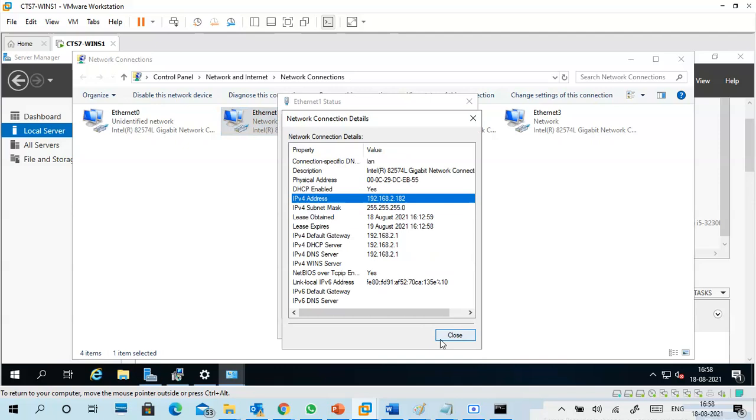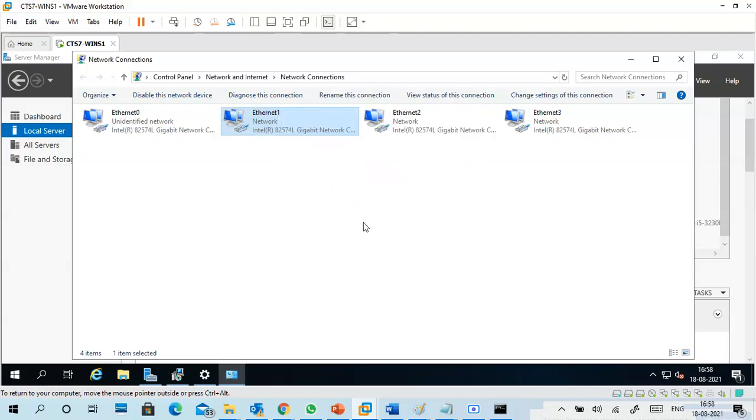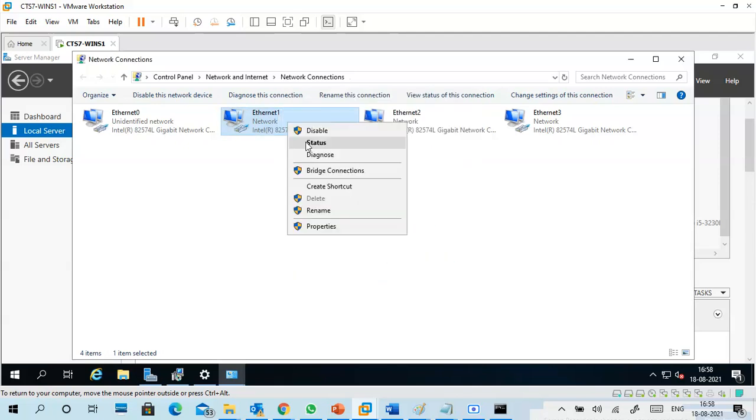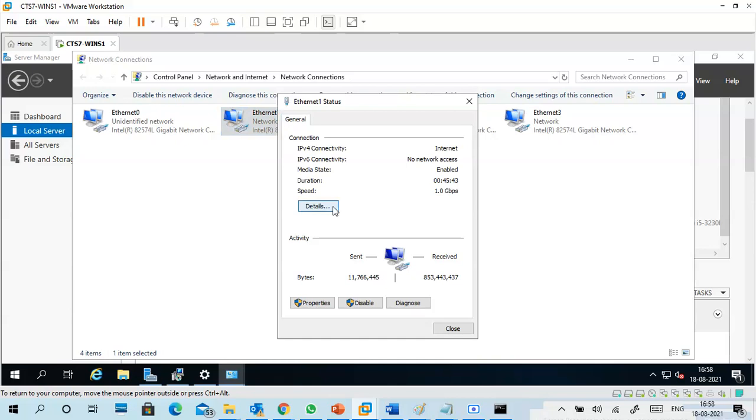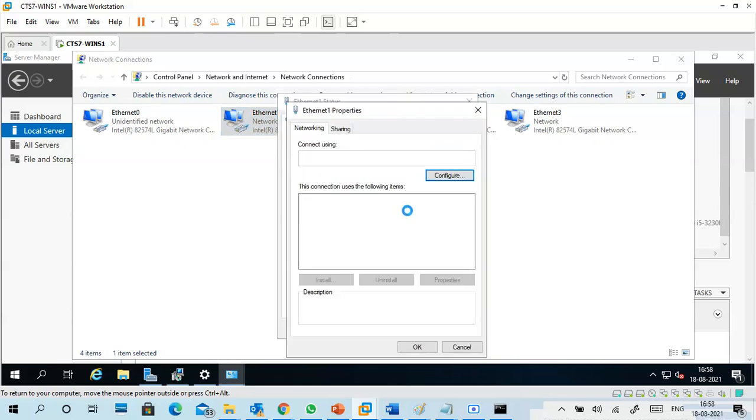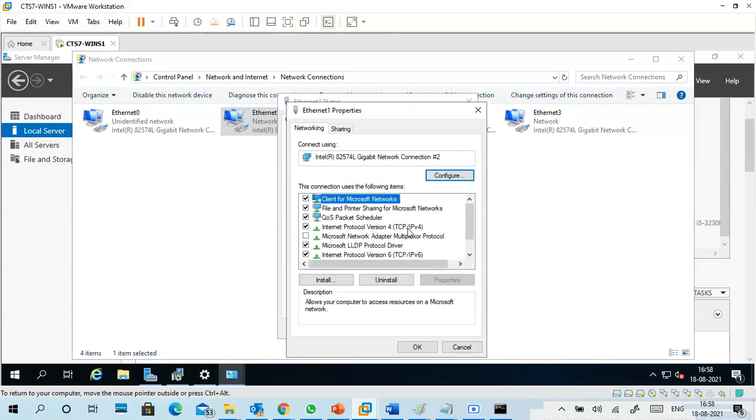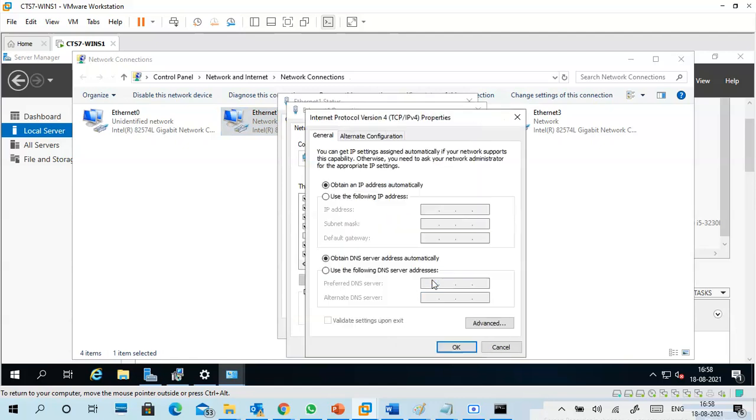182. So meanwhile, I will change this IP address also for network access. Same as it is assigned by DHCP, that one only I am giving.